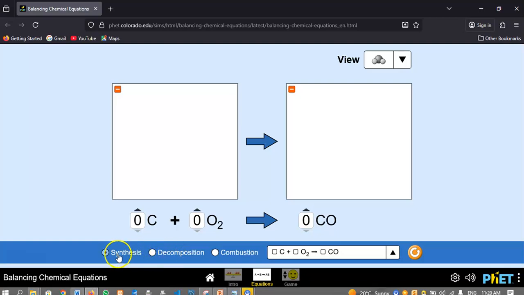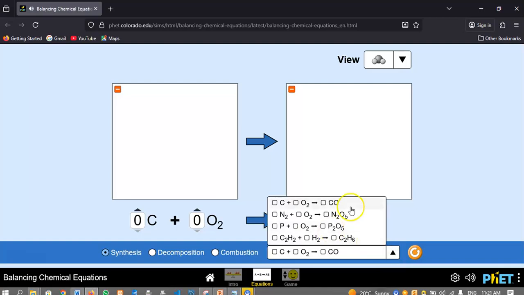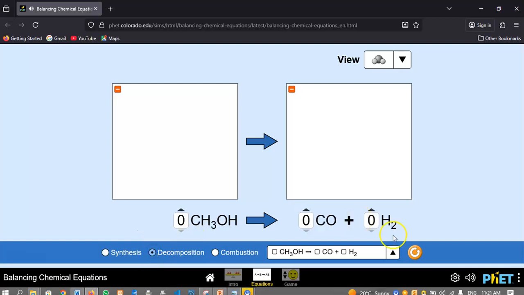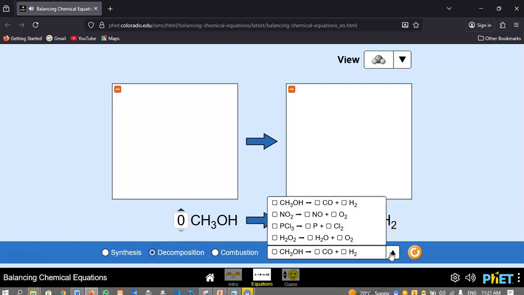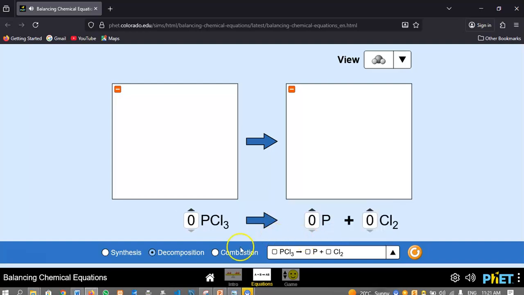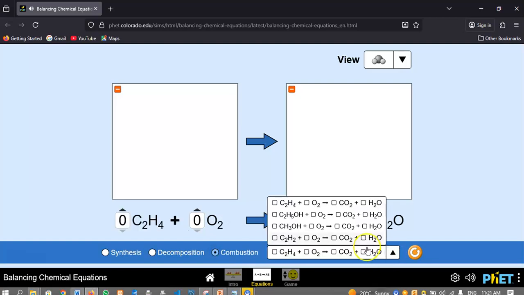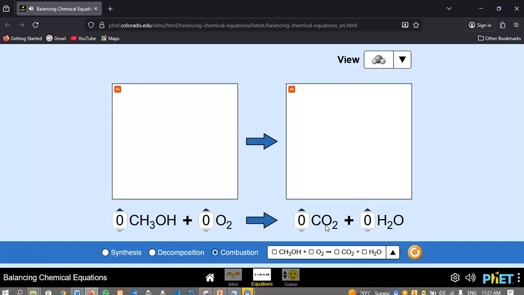When you come to synthesis, now I have chosen synthesis. You just come here and you choose the equation under synthesis, any equation you want to use. Then you select it. Or you can go to decomposition. When you go to decomposition, you also look for alternatives and select one. You can go to combustion. When you go to combustion, you also go to alternatives and choose any alternative. What you do, you first choose